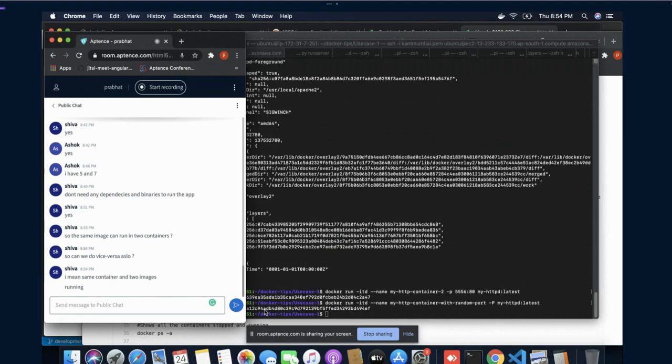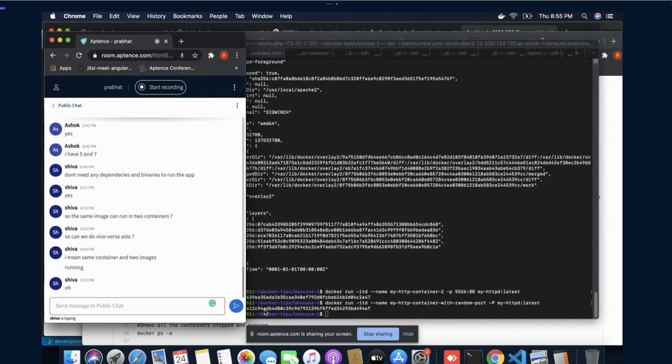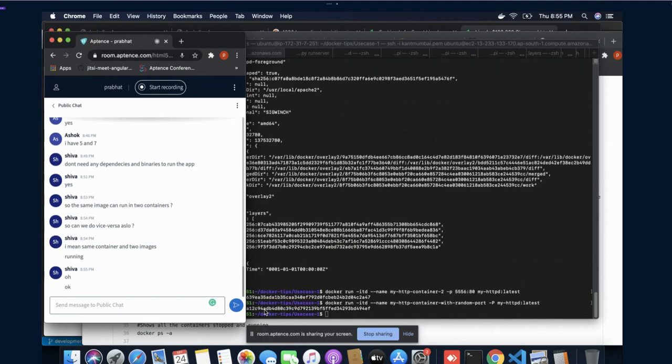Same container and two images, how would it be possible? A container comes from an image. If you have one image, you can replicate it and run it as multiple containers. But one container cannot have multiple images.